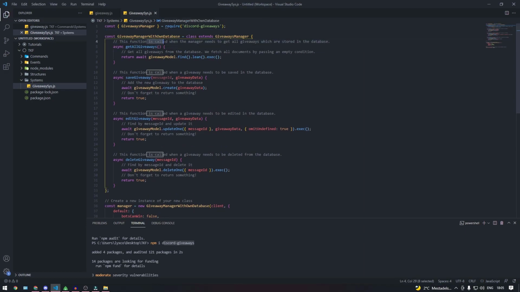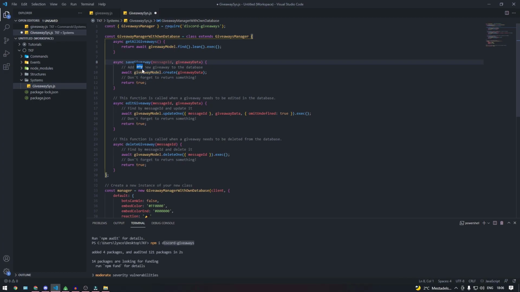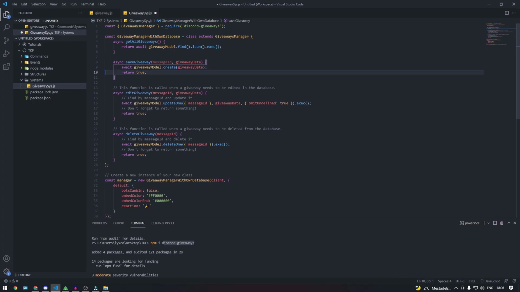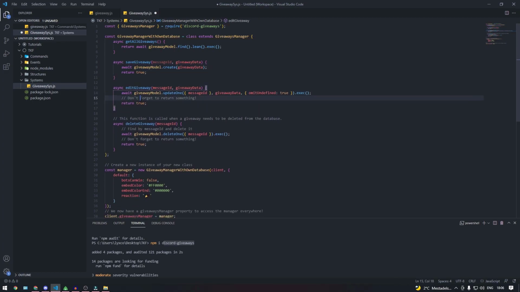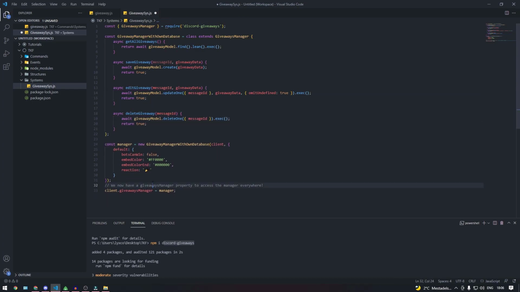So basically this function is called when the manager needs to get all the giveaways which are stored in the database. You can keep them if you want to read them, but that will make the tutorial a bit too large if we explain everything that's happening. Alright, now that we have removed all of them,